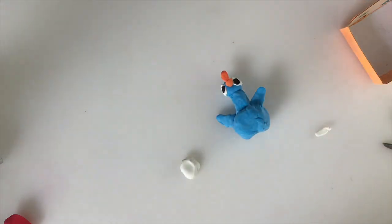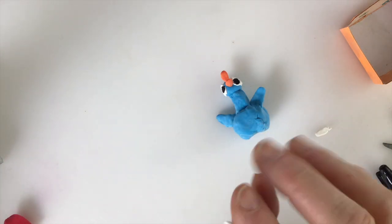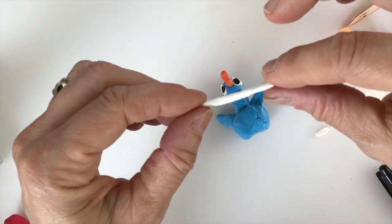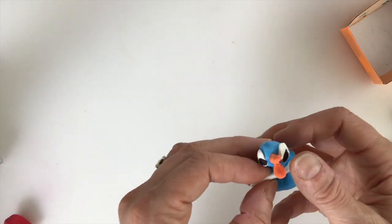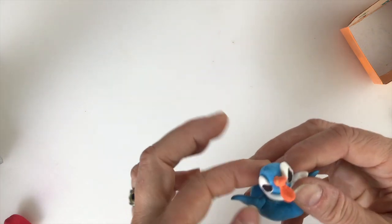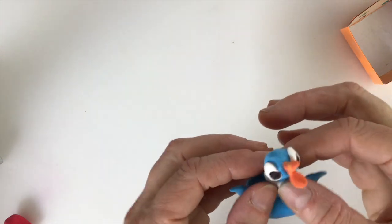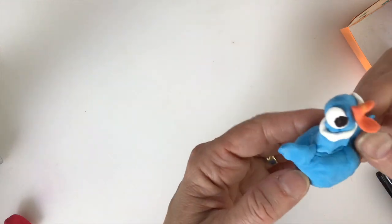And now we're going to add that little white collar he wears around his neck. I'm not quite sure. I think that just sort of denotes a kind of sense of clothing on him besides feathers. So I'm just going to make this little white collar near the top of his body, goes around his neck. And again, that's just using a little leftover white clay I had here. So make sure you hold a little bit of white clay aside for those final details. So isn't that adorable? Here he is